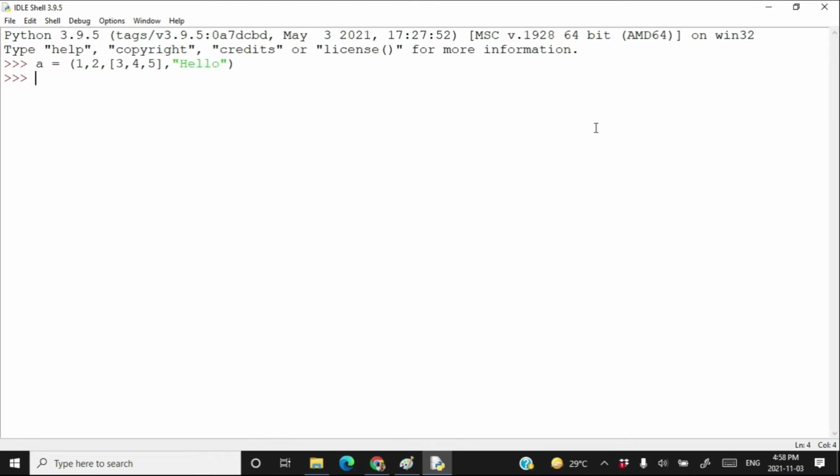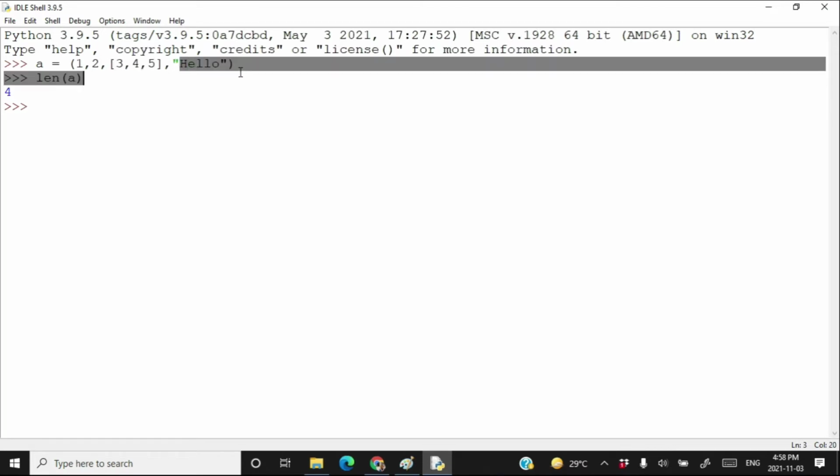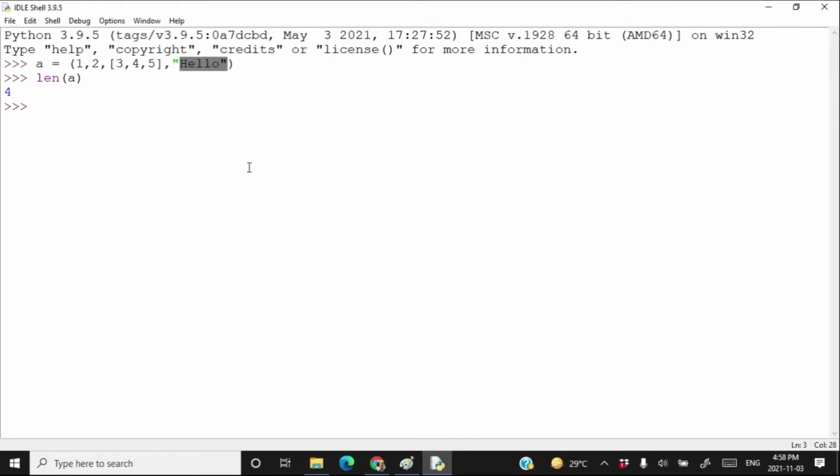If I write len and pass the variable a as the argument of len, I got 4 because effectively there are only 4 elements in the tuple: 1, 2, 3 and 4. Of course, this element has 3 sub-elements inside it, but effectively there are just 4 elements in this tuple. Therefore length of a is 4.